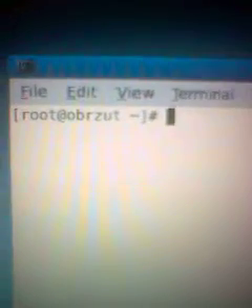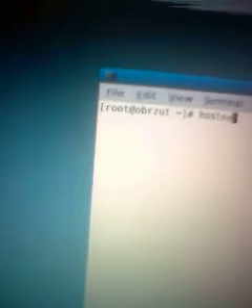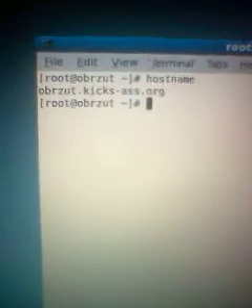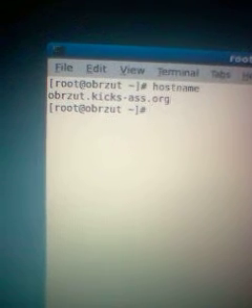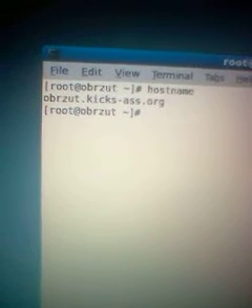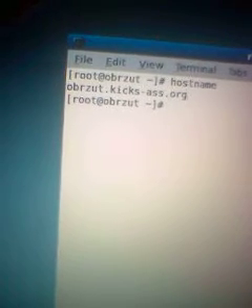This is a quick tutorial on how to set up a website with Awstats. Well, first of all, you need to set up your host name. There's my host name, obsertkicksas.org. Now that is a DynDNS router configuration. So basically what we're going to do is have a look at